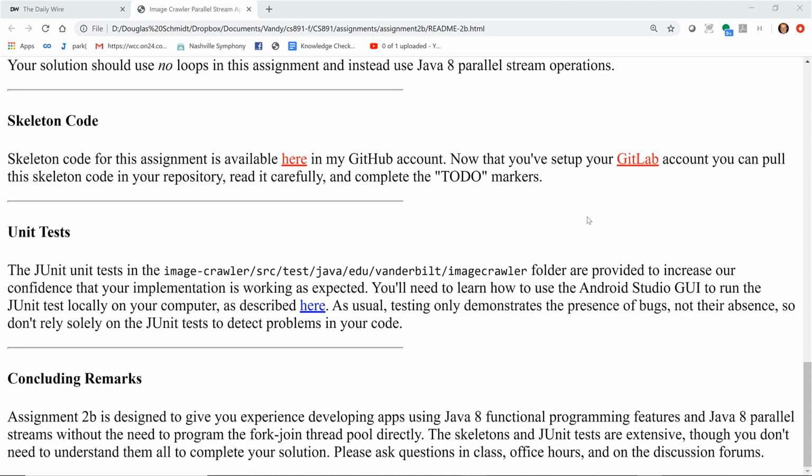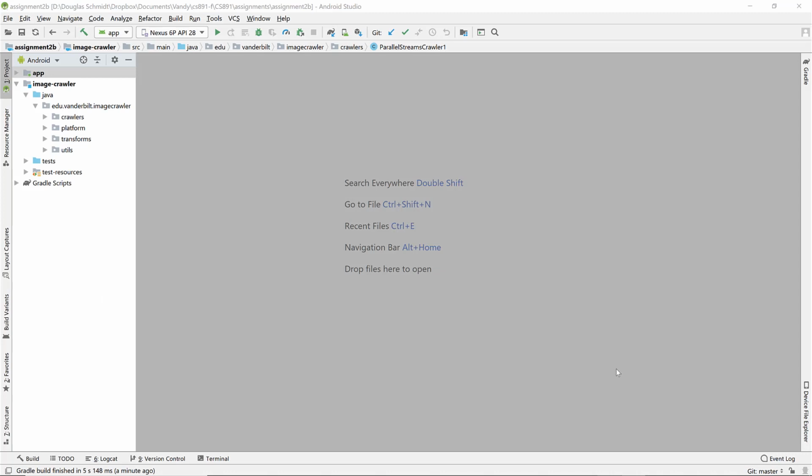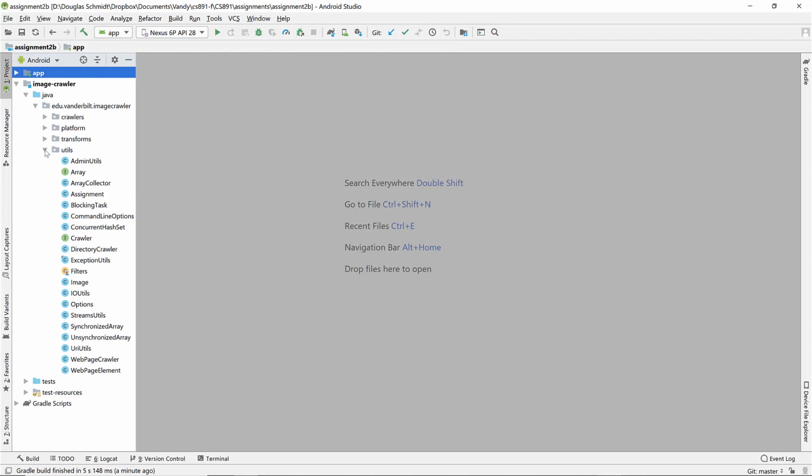The skeletons, JUnit tests, and so on are extensive, though you don't need to understand them all to complete your solution. Please ask questions in class, office hours, and on the discussion forums. Now that I've talked about the specification, let's take a look at the skeletons, starting with the skeletons in the